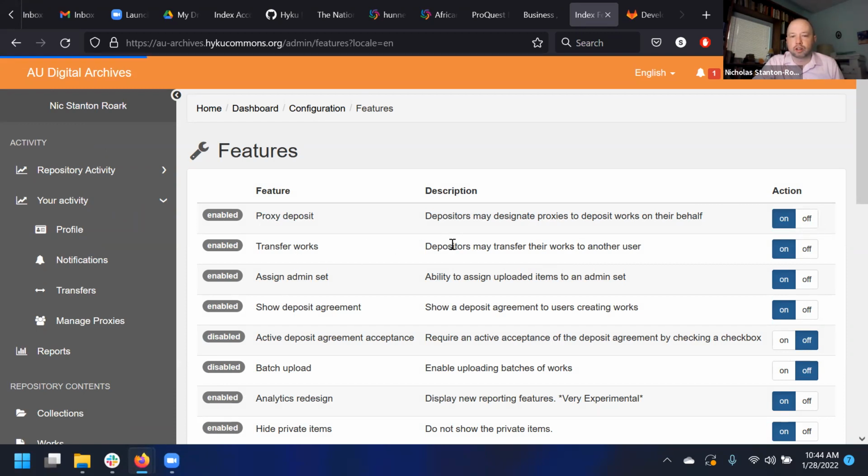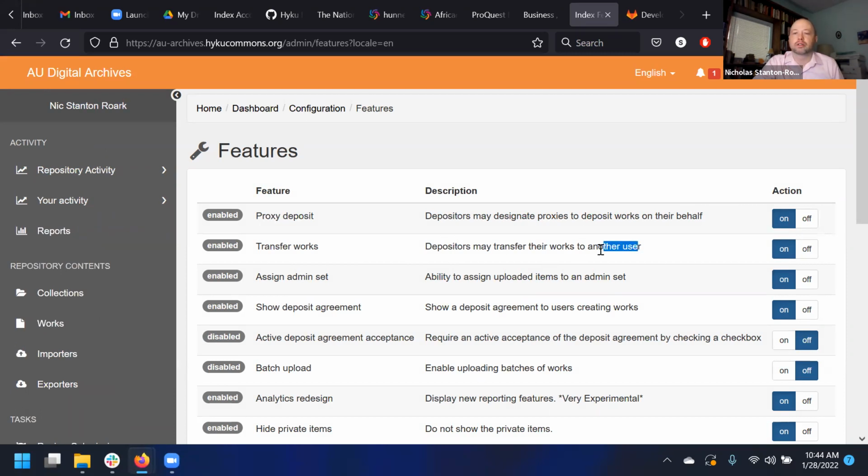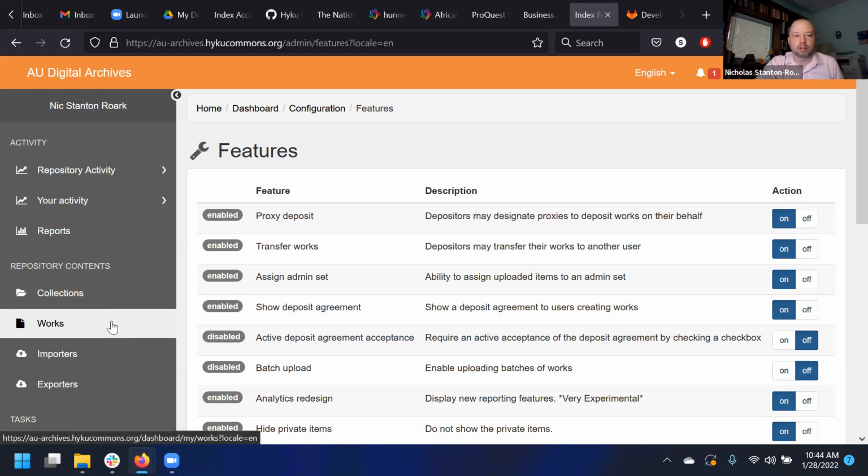Similarly, transfer works allows depositors to transfer their works to another user. By default in the system, when you upload a work, or when, for example, a student worker uploads a work, they are assigned in the system as the owner of that work, even though the administrator has full ability to then go in and assign to collections, delete that work, etc., regardless of ownership status. A place where that reflects is